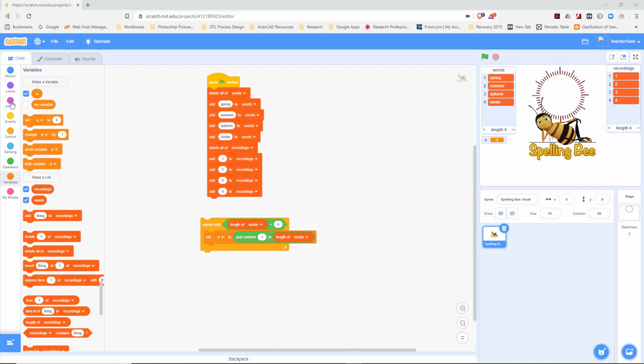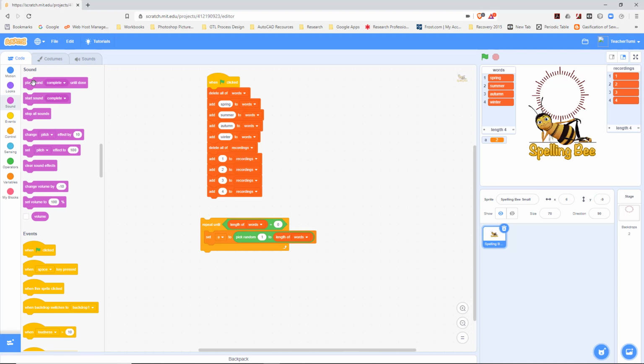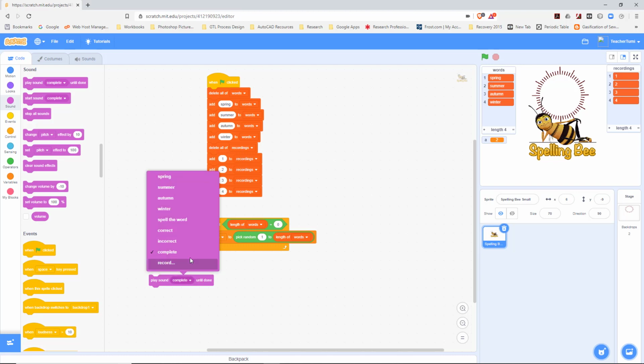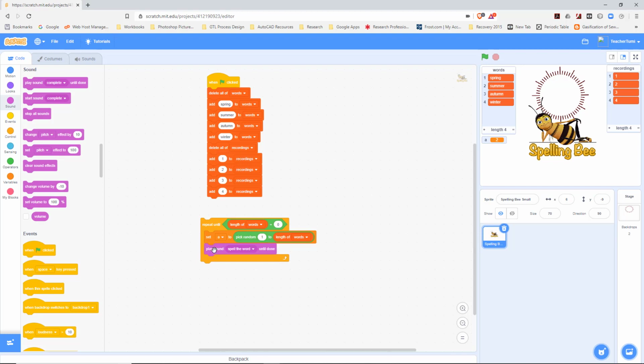So we go to sound. In the sound tab, we want to play a sound until it's done. The first sound that we want to play is "please spell", which is spell the word. So we can put that in after say spell the word,